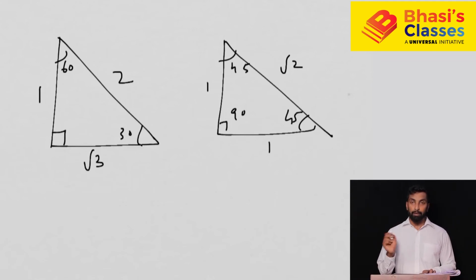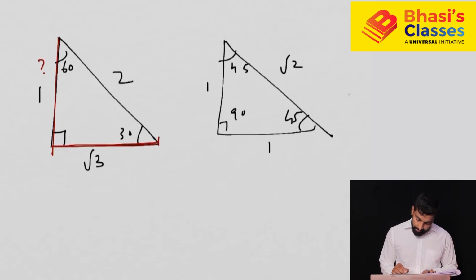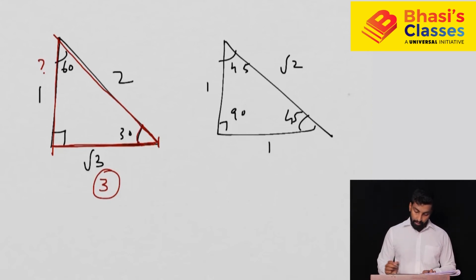Now if you get questions like this, see, you have a pole, you need to find the length of the pole, basically that is the question. Now you are standing at a distance of, let's say, 3. Now you are making an angle from here of 30 to the top of the pole, right? So this is 30 which is given, so we know that this will be 60 if you make a triangle, and the opposite of 60 is given as 3. So the question will be, what will be the height? It will be root 3, because it has to be the ratio, right?